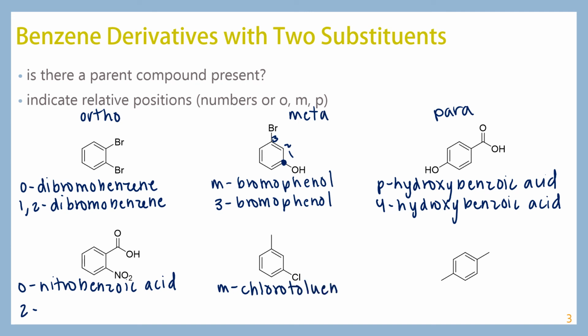So this is m-chlorotoluene, or you could call it 3-chlorotoluene. Now in our last one, you're not going to call this methyl toluene. That's kind of weird. When the substituents are the same, even if it would create a parent compound to have just one of them, you end up indicating both of the substituents the same way that we did up here with 2 bromines. So the correct way to name this would be